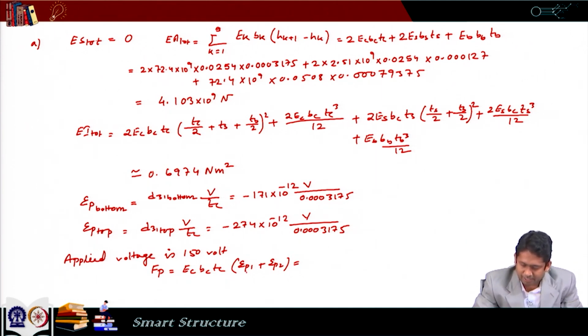So, in the expression of epsilon P1 and epsilon P2, we have to apply V equal to 150 volt, and we know these quantities. So, after we do that, the value comes to be this, and similarly the expression for the bending moment becomes